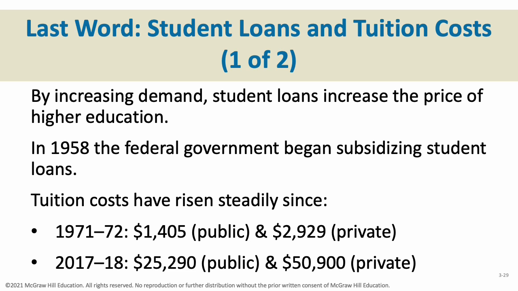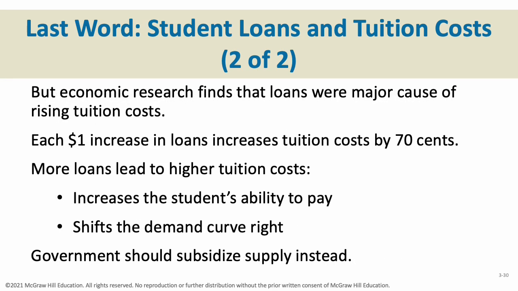So by subsidizing student loans, the government was trying to increase demand for college. That's a very good goal. More college degrees are better for society and a better trained workforce. However, you could make the argument, dedicate government money to building more colleges, and if there's a greater supply, you'll still get more access to education, and it should bring the costs down. Whether or not this will hold true is all dependent on what we do in the future. So that's going to bring us to the end of